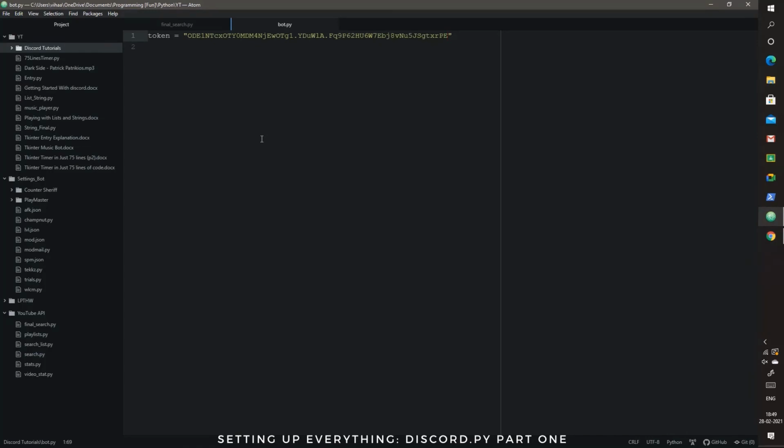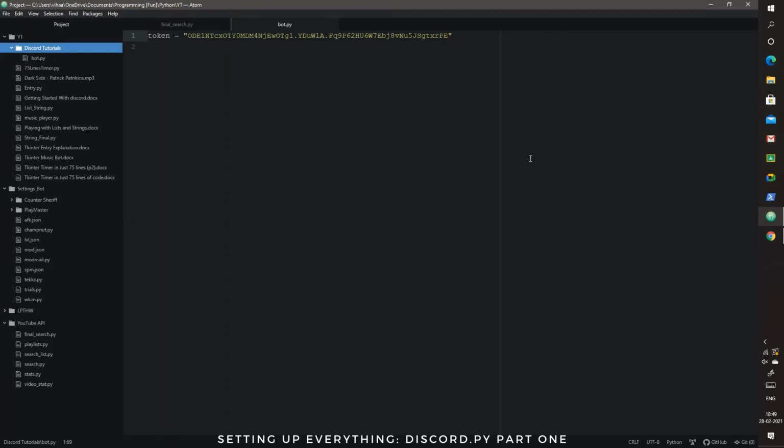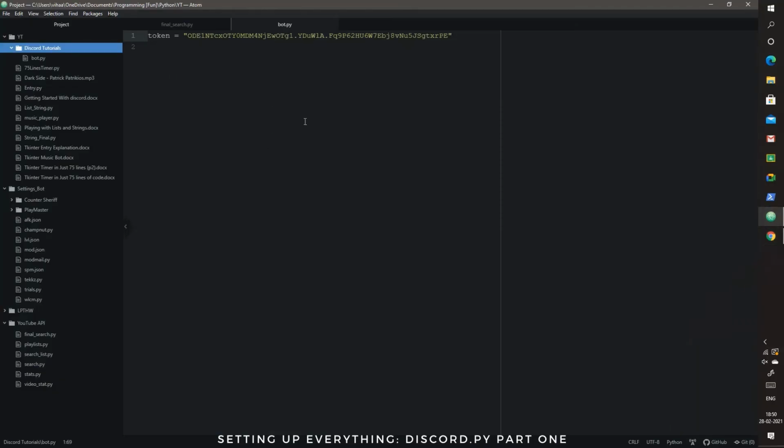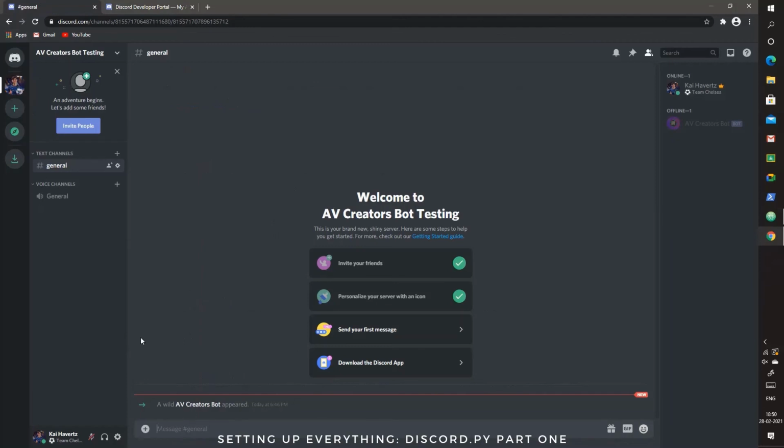And now in your code, just make sure you do not refer to any variable as token, else your token will not run, because we'll be doing a command which involves the correct token to be placed as its argument in order for the bot to run. So there we have it. We have created everything necessary for our Discord bot. We have gone to the developer portal, we have created an application, made it into a bot, added its token into our file, made a folder, and here we also have a testing server where we have added our bot.